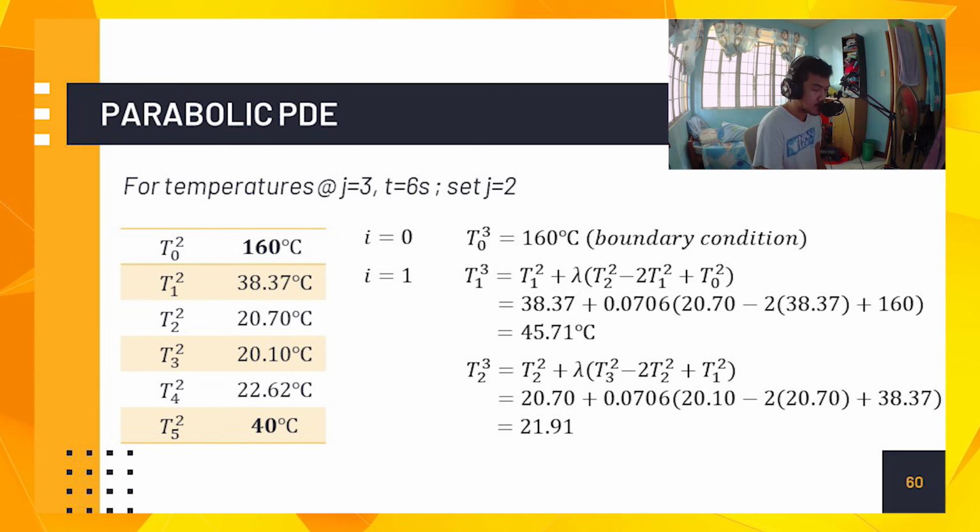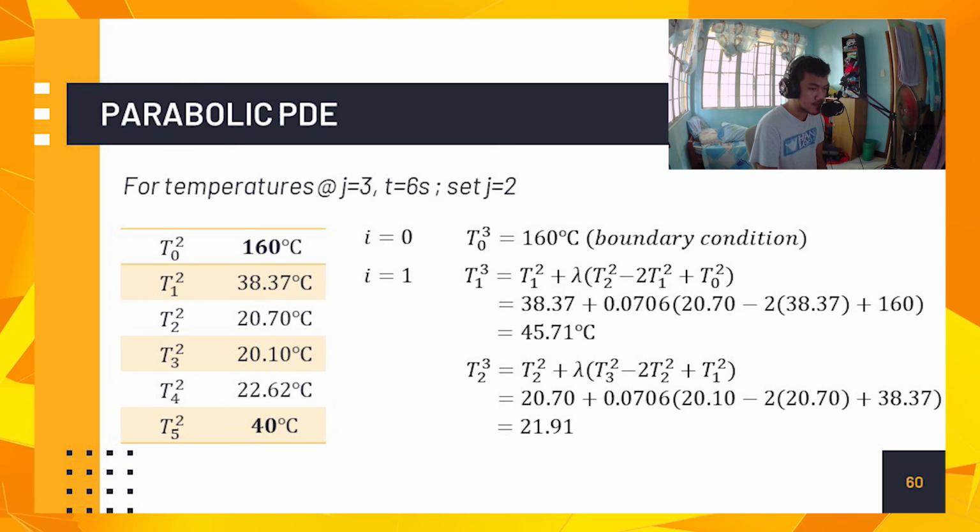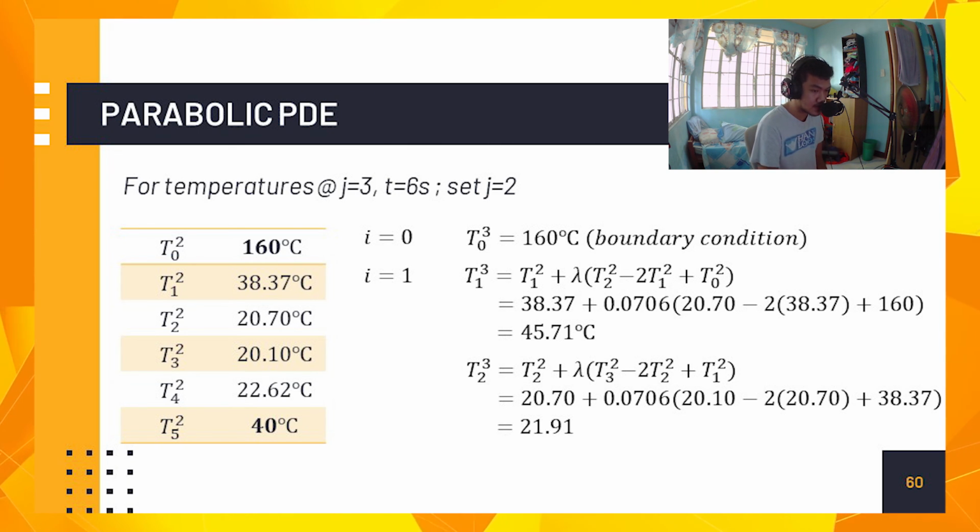And by substituting, we will get 38.37 plus 0.0706 times the quantity of 20.70 minus 2 times 38.37 plus 160, which is equal to 45.71 degrees Celsius. For T sub 2 raised to 3, that will be equal to T sub 2 raised to 2 plus lambda times the quantity of T sub 3 raised to 2 minus 2 T sub 2 raised to 2 plus T sub 1 raised to 2, and that will be equal to